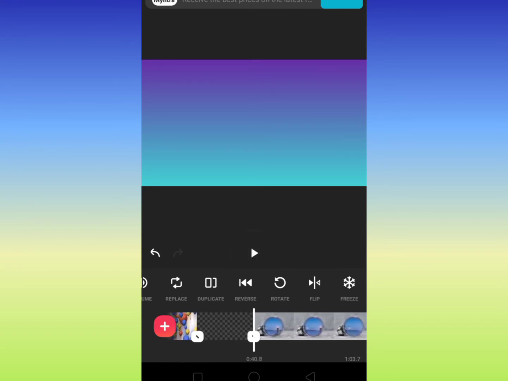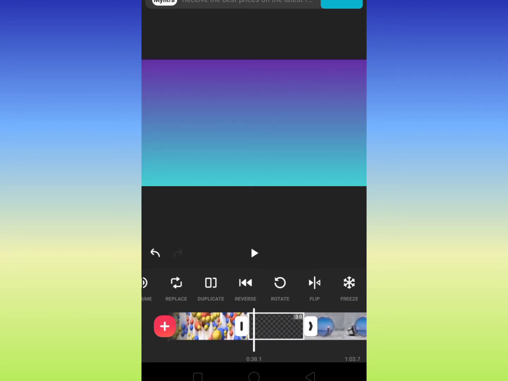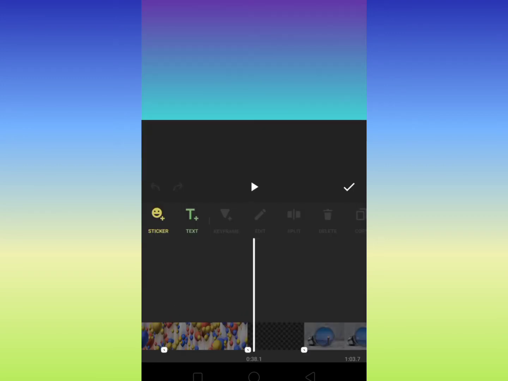So this is like a blank frame, and I have just written something over here by using the text option.